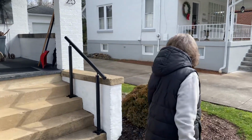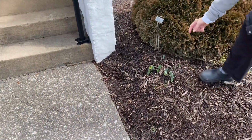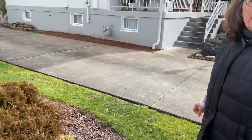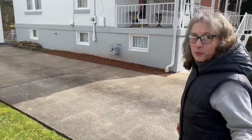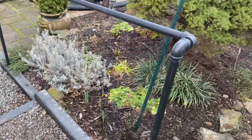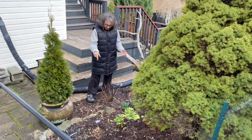I do have some Tahiti daffodils. They're coming up. Look at their little heads. Oh yeah, I know. Pretty cool. So we're going to head back into the garden, and we'll just take a walk through there. I'll meet you there. So this is about 4 weeks later from the January garden,